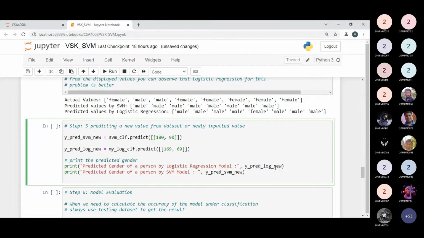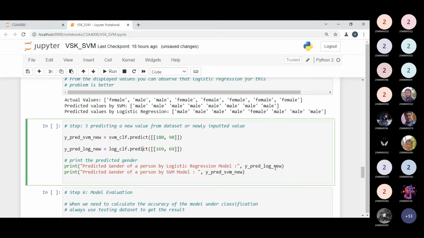In the SVM, I'm storing the new predicted values into y prediction SVM new, and in y prediction new log I'm storing the predicted values from the logistic regression model for the gender of the person, using the same values.